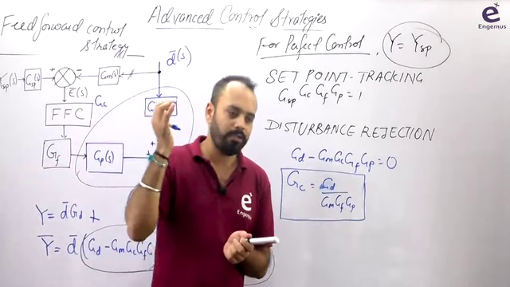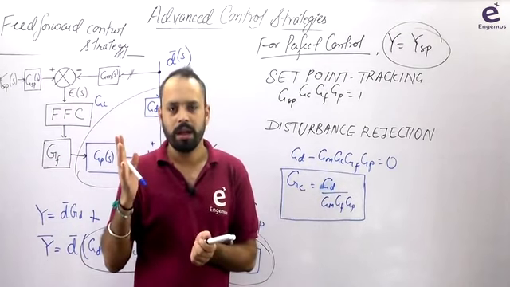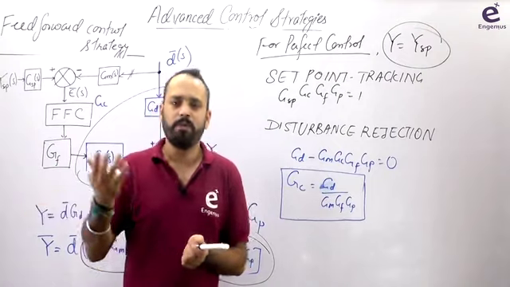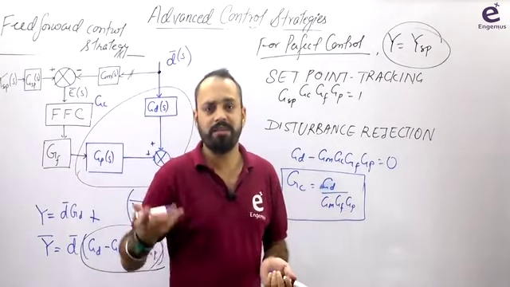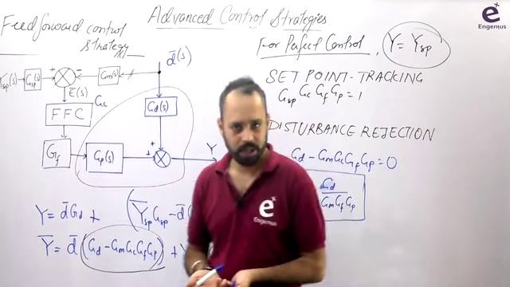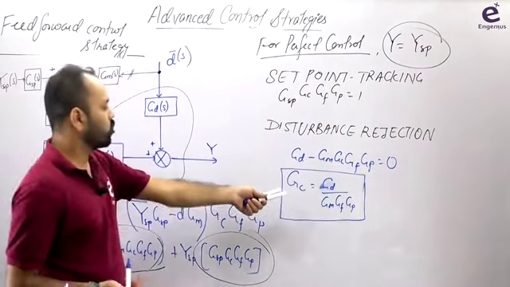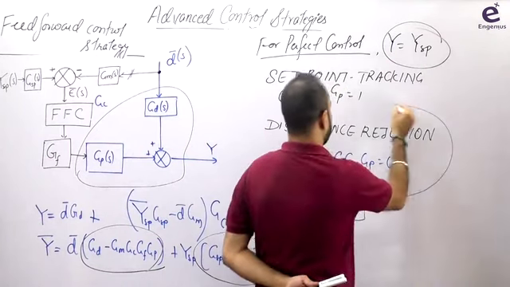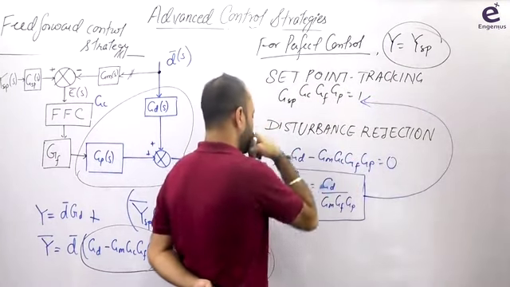So if block diagram is not given, and you are finding something, then it should be GD by GP. But suppose all of the options are having minus GD by GP, तो कर लो minus GD by GP, उसमें कोई दिक्कत वाली बात नहीं है, ठीक है. So the controller should have this transfer function. Now if you put this transfer function here in GC, then you will be having